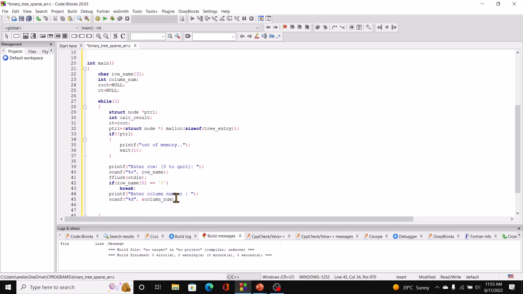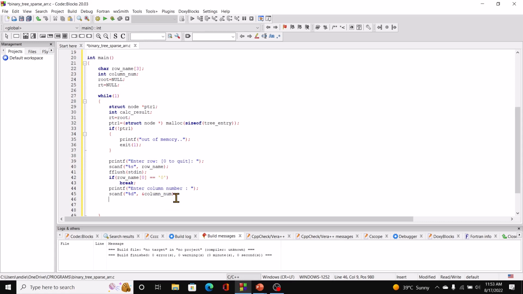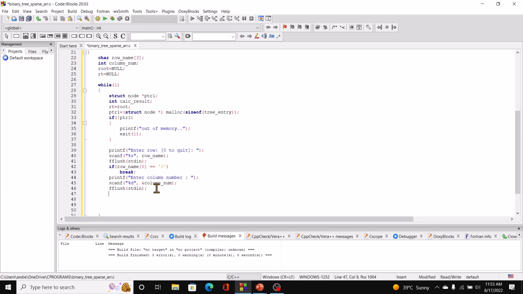Right, and fflush stdin. Then we check if column number is less than 10. Then just as we did for the linked list sparse array, sprintf,